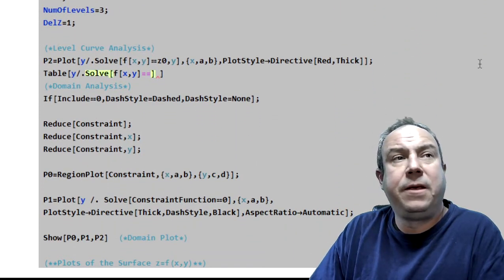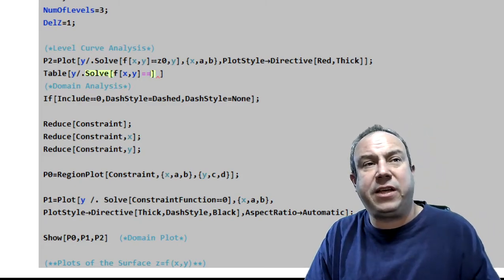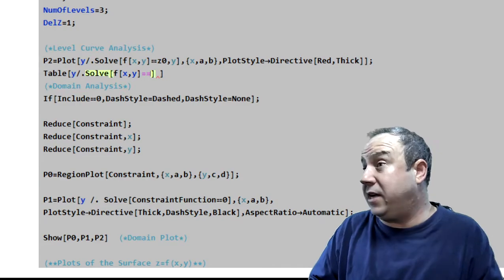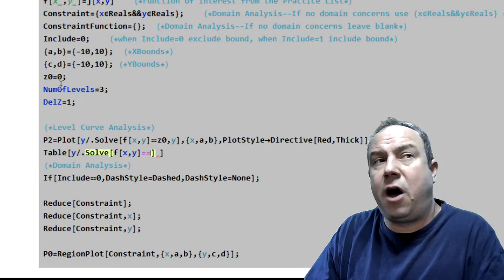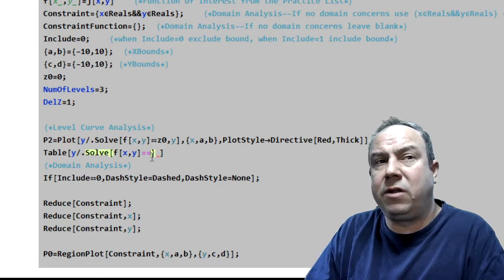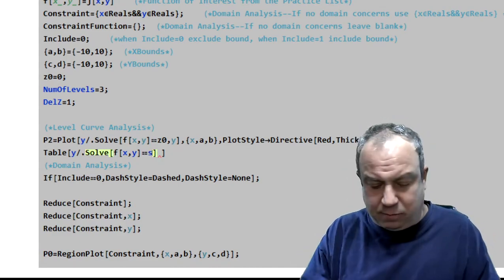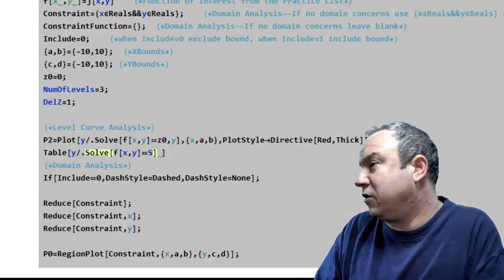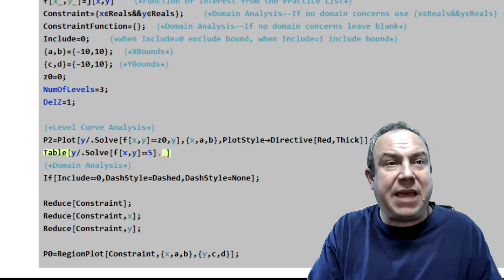All right. So if I do that, we're going to look at a variety of solutions. We're actually going to set it up so that it looks at all the level curves around z null, 3 below up to 3 above, all with a difference of 1 around this value. And the way I'm going to do that is I'm going to just call this S, S for solution. Maybe we call it a big S for solution, right? And we are going to want a table of big S values